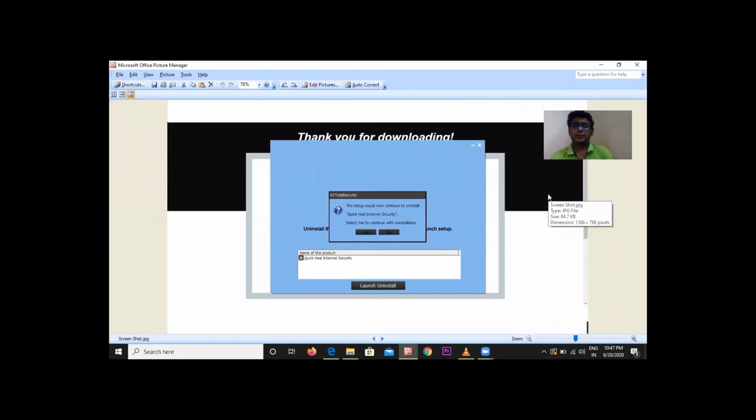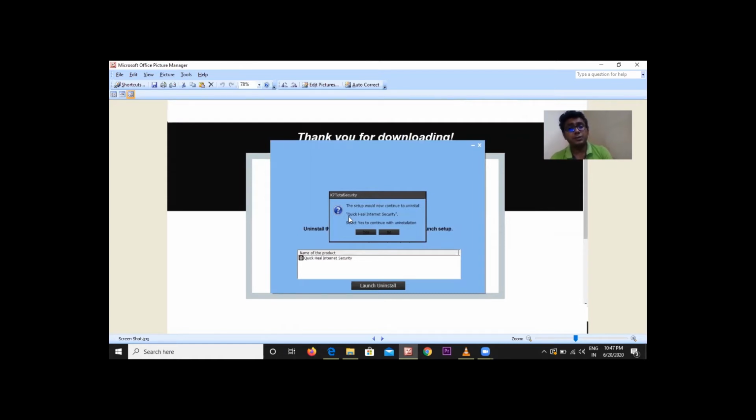The issue is being unable to install K7 antivirus on the computer. The computer is giving a pop-up notification while installing this K7 antivirus. The pop-up notification says, please look at the pop-up window on the computer screen. It says the setup would now continue to uninstall Quickhill Internet Security.